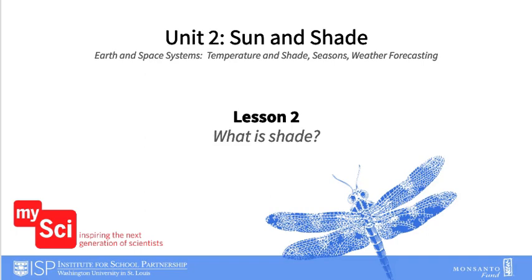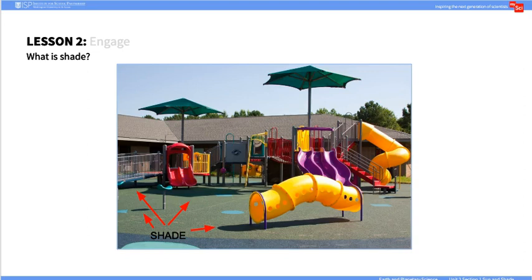They figure out that to create a shadow there must be a light source, a light blocker, and a surface for the shadow to appear on. In the Engage portion of this lesson, students will recall from the previous lesson what made shade on the playground. They will then consider what a shadow is and what causes them by discussing the personal experiences students have had